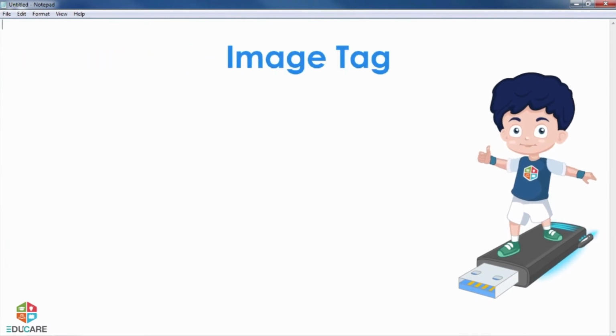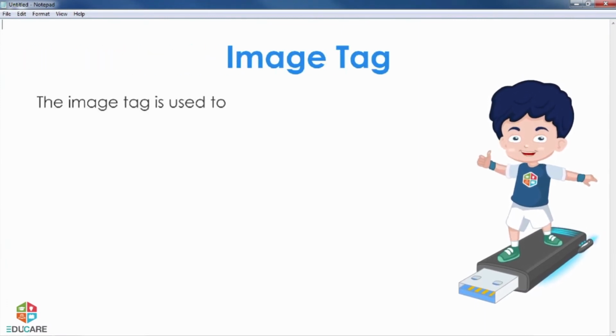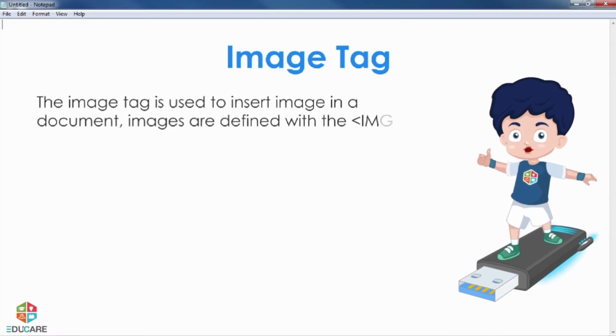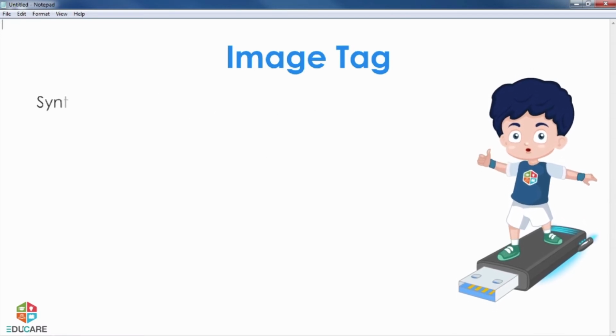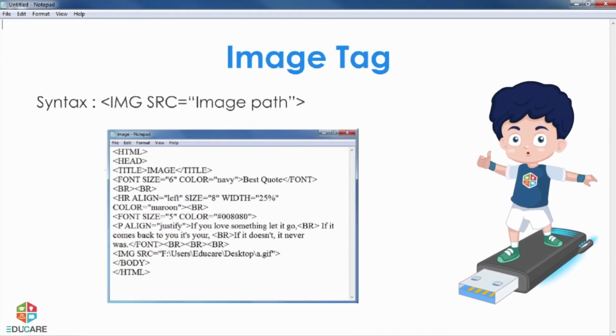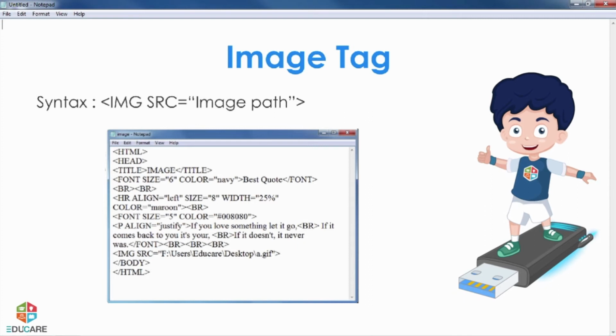Image tag. The image tag is used to insert an image in a document. Images are defined with the image tag. Syntax: img src equals image path. The output is